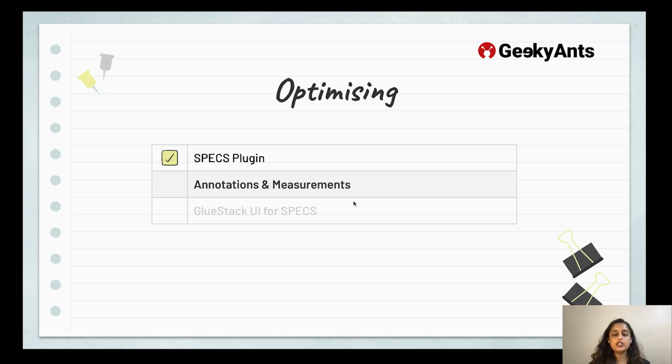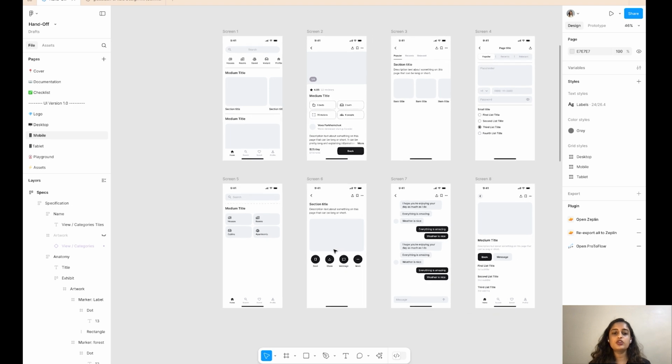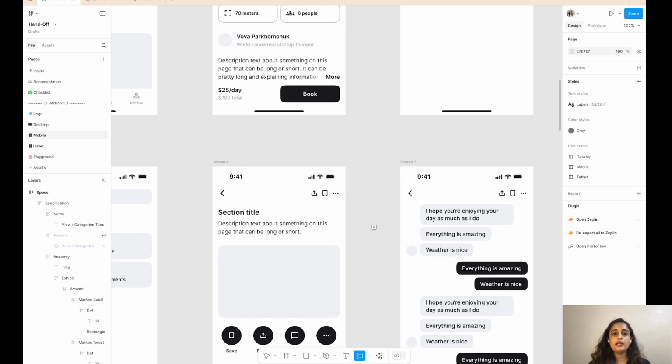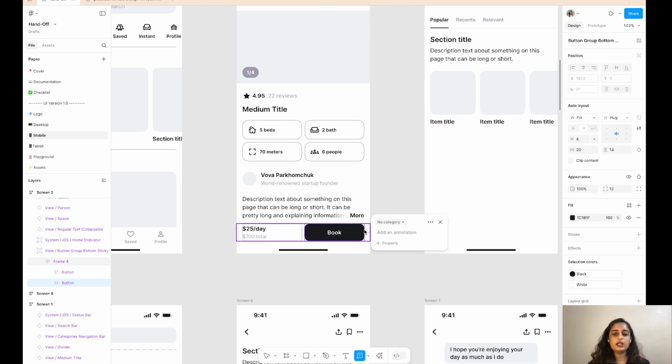The next is annotations and measurements. Annotations and measurements is not exactly a plugin, but more of a Figma tool. It's a recently added tool that lets you add an annotation linking it to a particular element. For example, when you go to this section, you can click on the annotation feature and you can click on any particular element that you want to address an issue to. You can select a category. I'm selecting development. I'm mentioning to the developer that this is a primary city. Adding these annotations really helps developers to understand without having to reach out to you what a particular element does in the design.